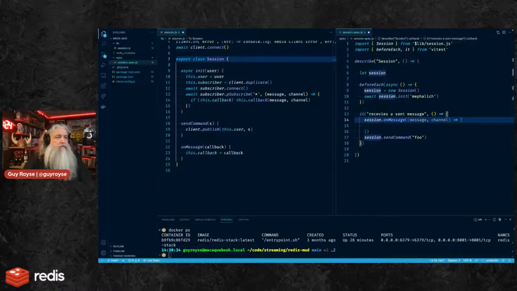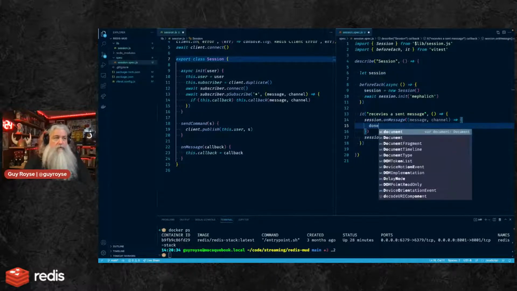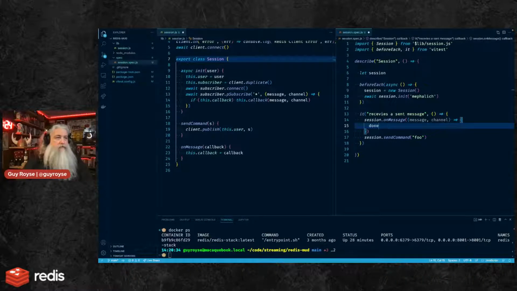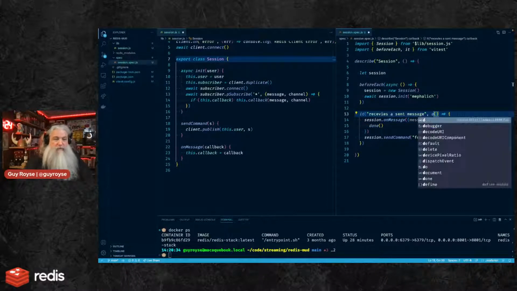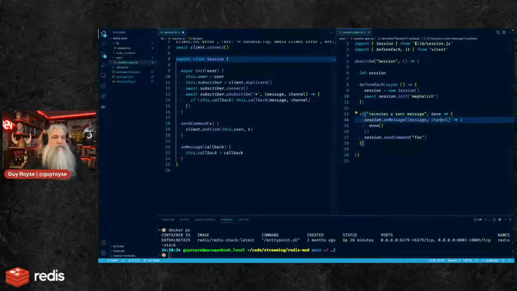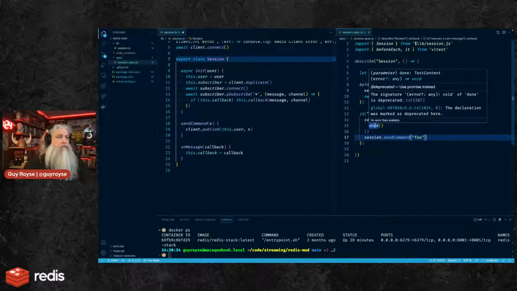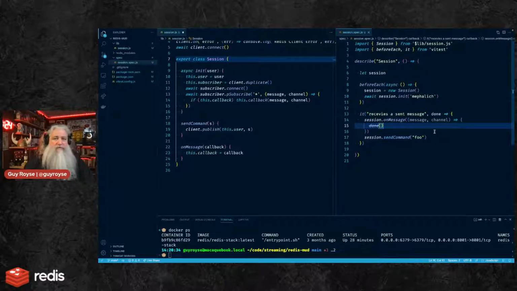And here it'll call done. Here I can pass in a done function. This will tell it it's async. Yeah, it's saying use a promise instead. I'm going to ignore that, just to see if I can.